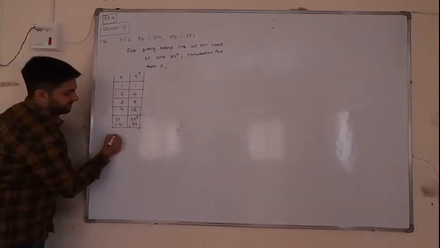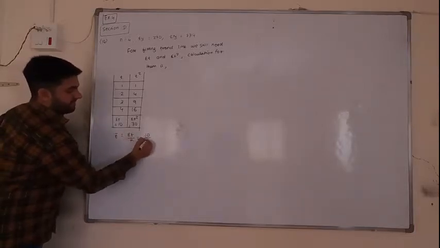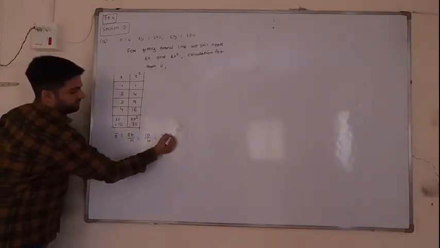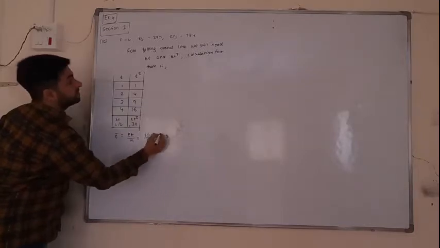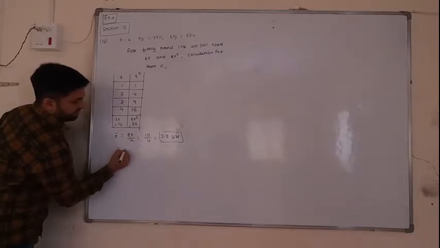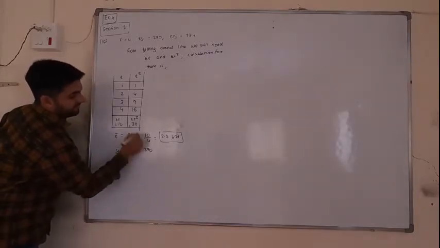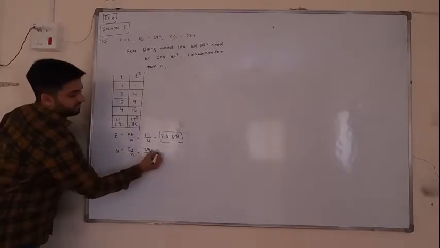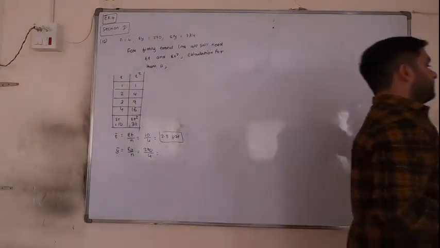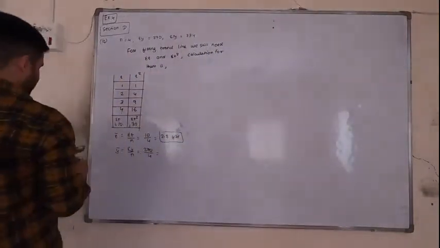Okay, so let's find t bar is equal to sigma t by n, 10 by 4, 2.5 years. Unit of y is not given. Y bar is sigma y by n. Sigma y is 270, not 30. Okay, divided by 4, 270 by 4,